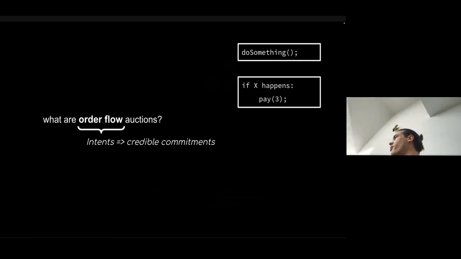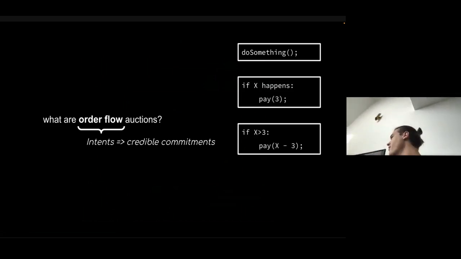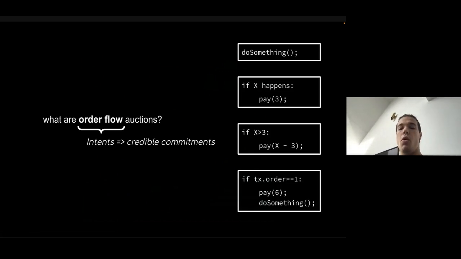I'm trying to break away from this very specific instantiation of how we think about things. There are other ways of doing it. Having maybe a payment conditional on some variable execution, right? I'm wanting to give a tip for price improvement as a function of price improvement, or something that transactions can't do at the moment is condition on state that's not available within an execution environment, right? If my transaction is first in a block or whatever, I'm willing to do something about it. And that's a rough idea.